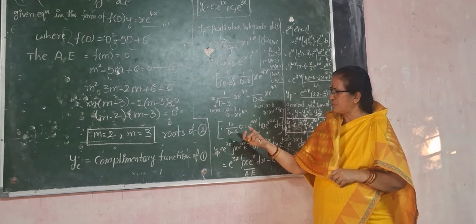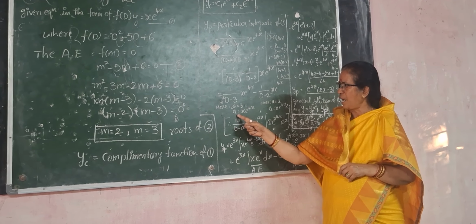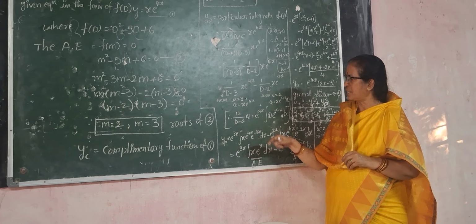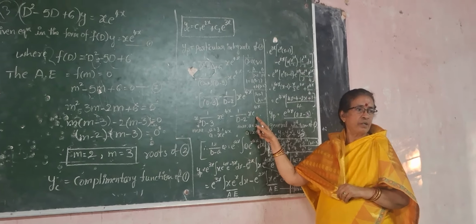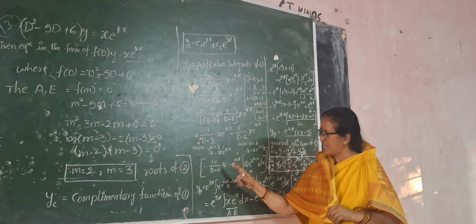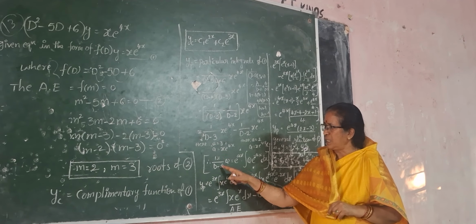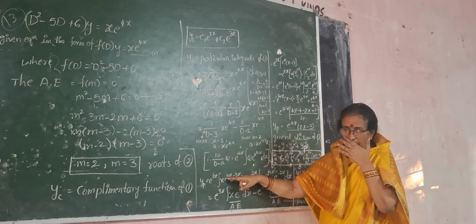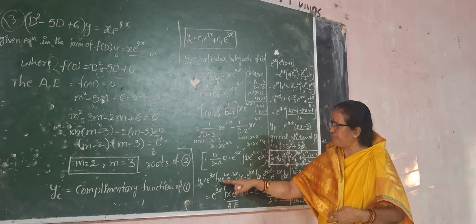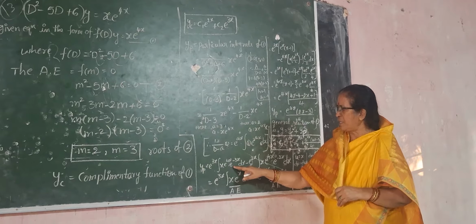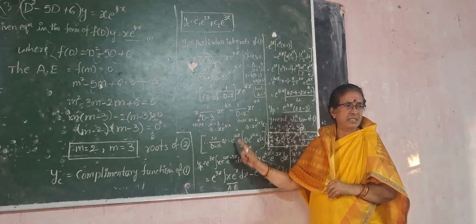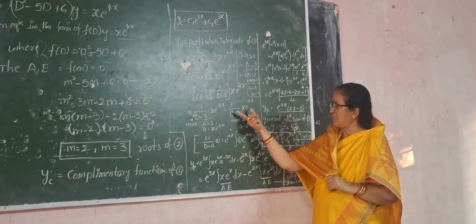Comparing, in the first case a equal to 3 and Q is x e power 4x. In the second case a is equal to 2 and Q is x e power 4x. So the answer is e power 3x integral of x e power 4x into e power minus 3x dx, minus